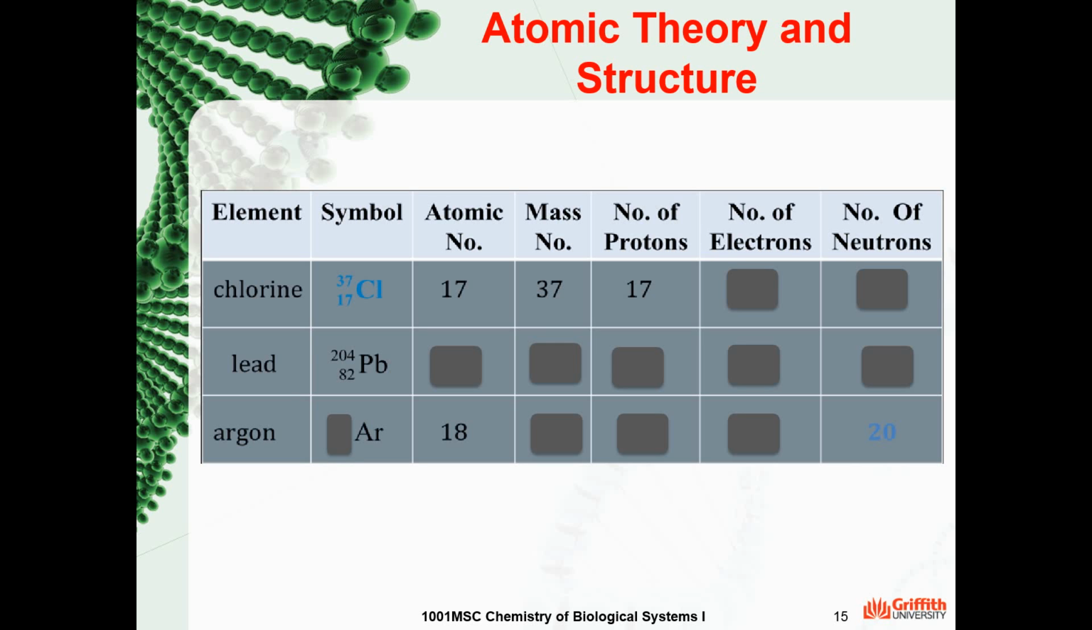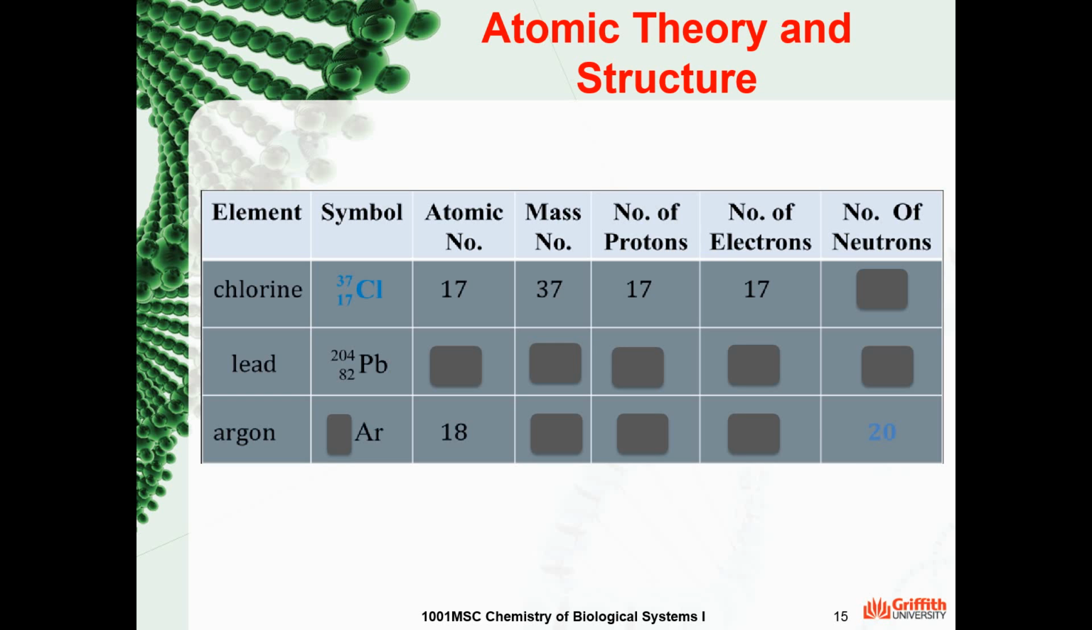Now, to determine the number of electrons, we look at the symbol again. Is there any positive or negative charge here, or is the element in the neutral state? As the chlorine in this example is in the neutral state, then the positive charge, the proton, equals and opposes the negative charge, the electrons. And because we have 17 protons,